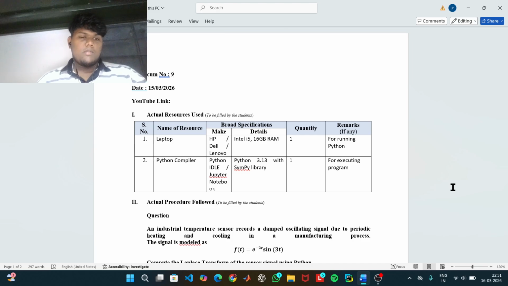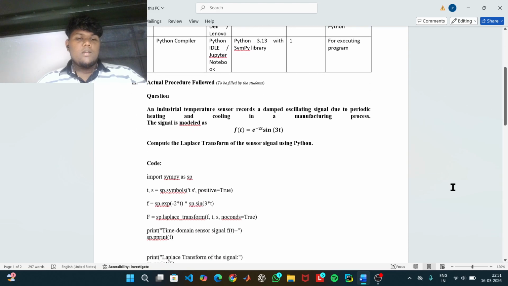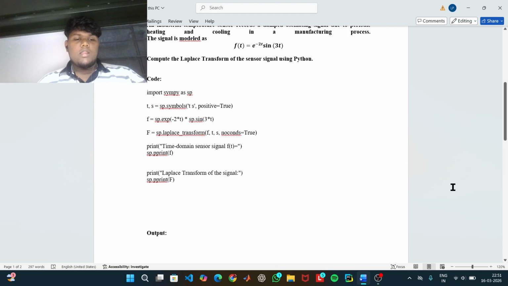Next, the program uses the laplace_transform function to compute the Laplace transform of the given signal from the time domain into the Laplace domain. The noconds equal to True parameter is used so that the program returns only the transform result without additional